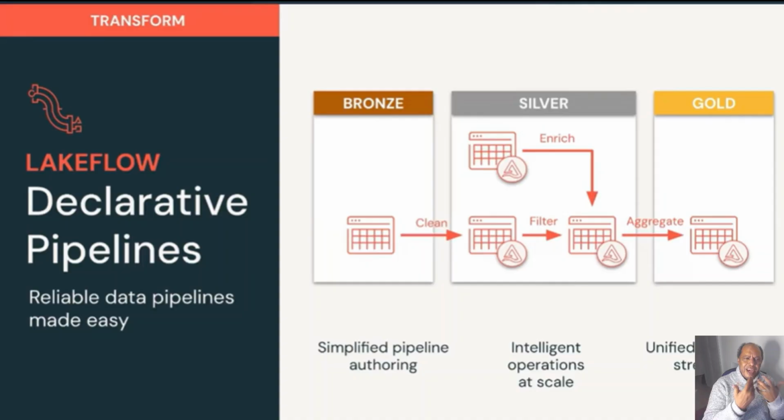And then you can aggregate it and send it to the gold layer. So as the data goes from bronze to gold, it becomes cleaned, validated, and then business logic is applied to it, and then it becomes ready for business